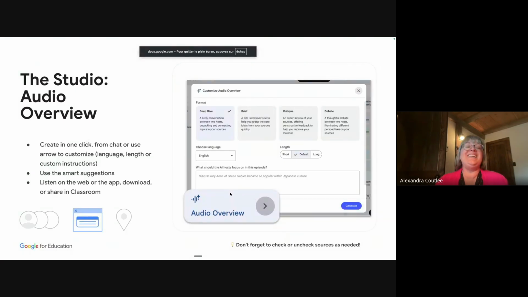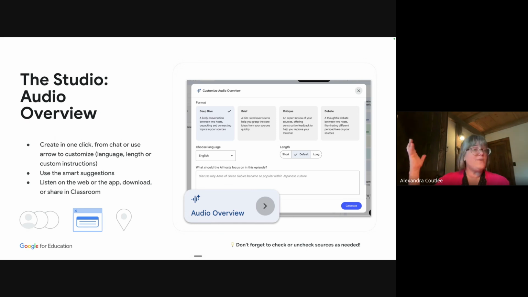The first one I'm going to show you is the audio overview. The audio overview generates a podcast of your sources. Remember, you can pick and choose the sources, and it will generate a podcast. If you click on the link, they're all little squares in different colors. If you click on audio overview, in one click, it will generate an audio overview, but you have no choice over what it's going to create. That's why I'm going to invite you, especially if it's your first time, to play in the arrow and the different customizations for every single tool. Take the time to go and see the options. If I don't, it will just give me an audio, but I didn't get to pick and choose.